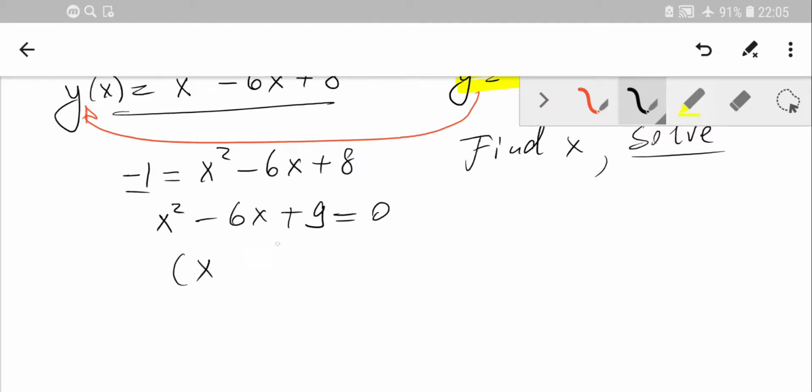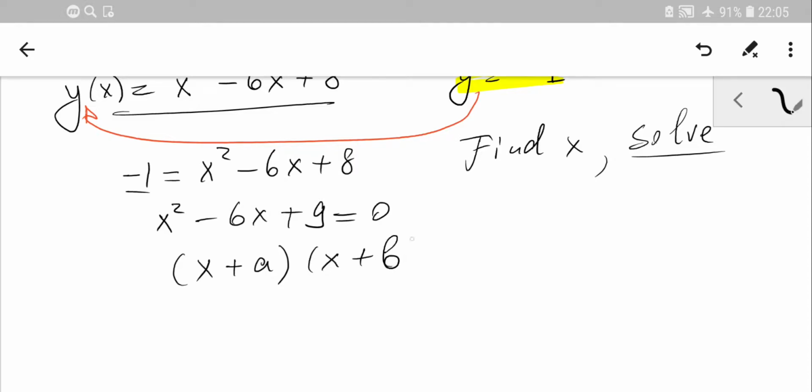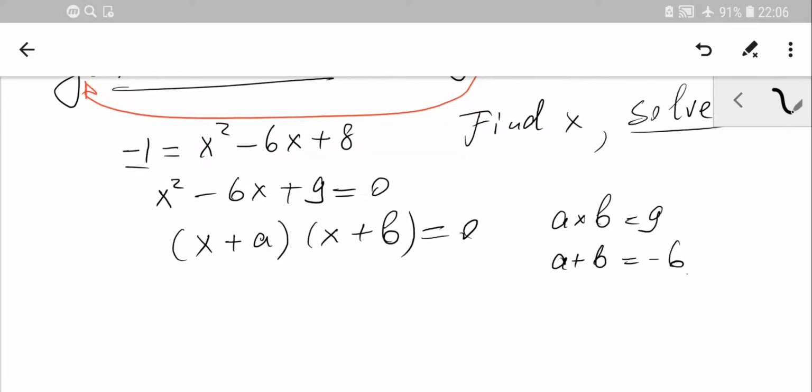We can solve that by factorizing. So simply make a sketch, the pattern x plus a and x plus b, so that a times b is going to be 9. However, if you add them, you'll get -6. Oh, so obviously, in this case, a